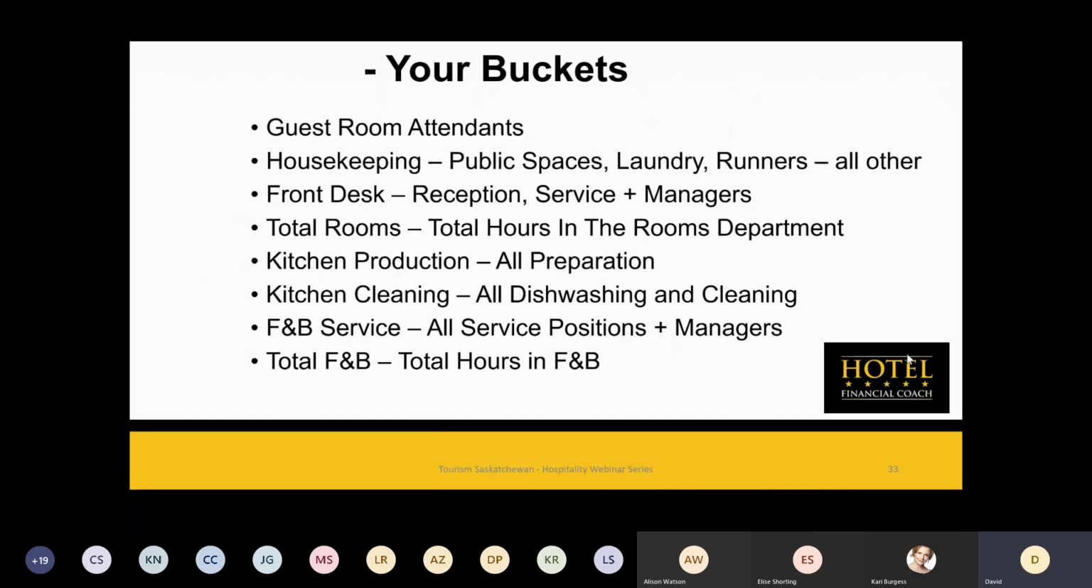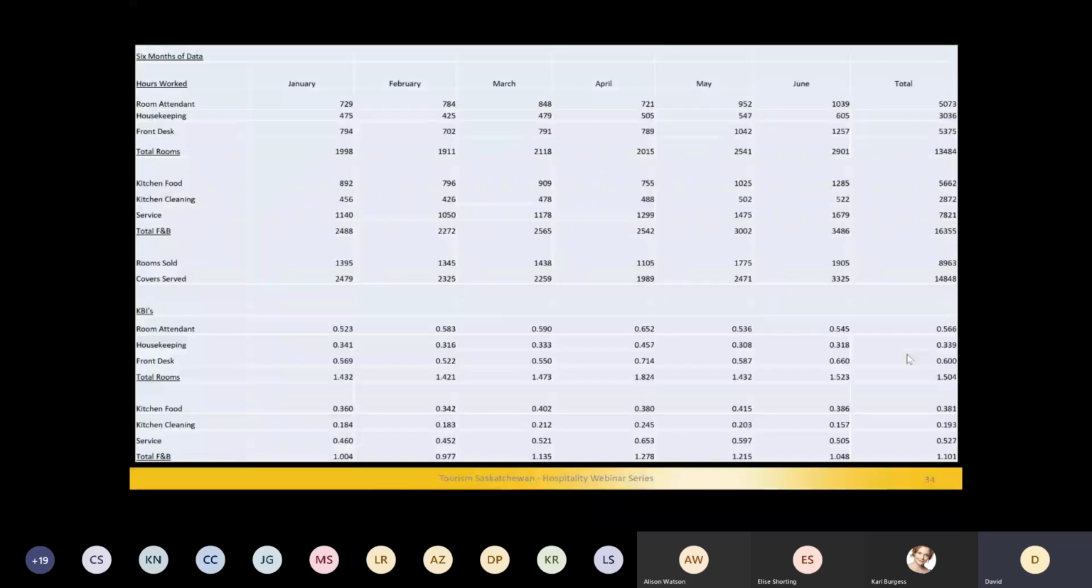Kitchen, all prep positions. Kitchen cleaning, all dishwashing and cleaning, F&B service, all positions and managers. So great checklist for you to be able to set it up, but be consistent. When you're done, this is kind of what it's going to look like, where you've collected the number of hours